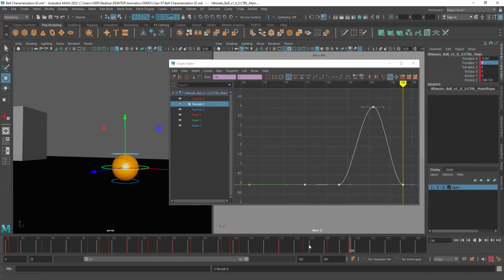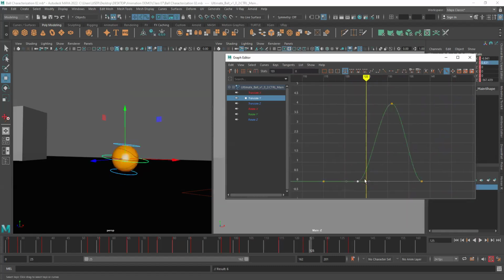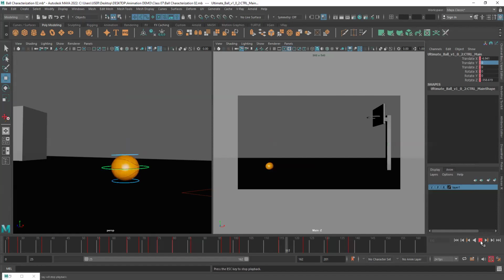The ball should be faster initially, slower at the top, and then fast again at the bottom. Okay. So again, I will select these base and I will break the tangents and I will make it steep. We'll do the same thing for this side as well. And at the top, I want this to be slower, so I will flatten the curve. So if I hit play now, you can see,